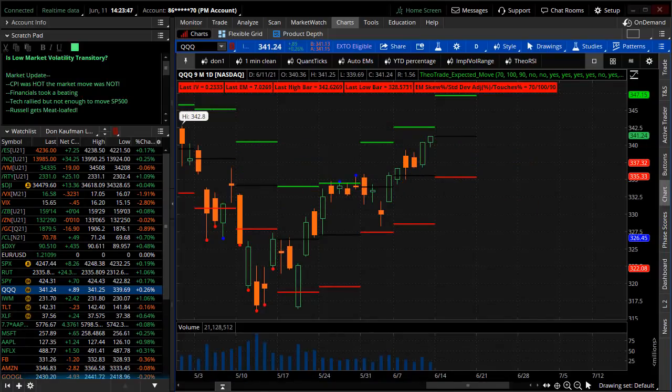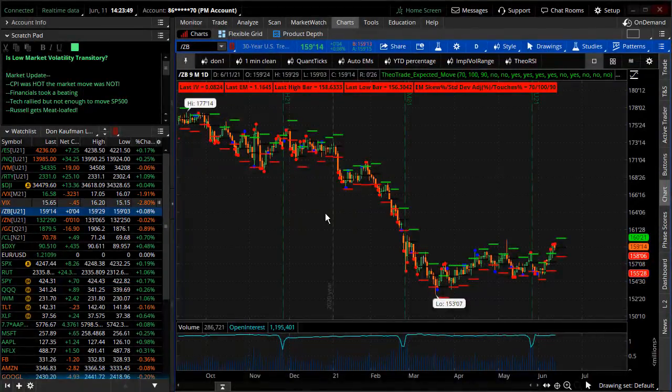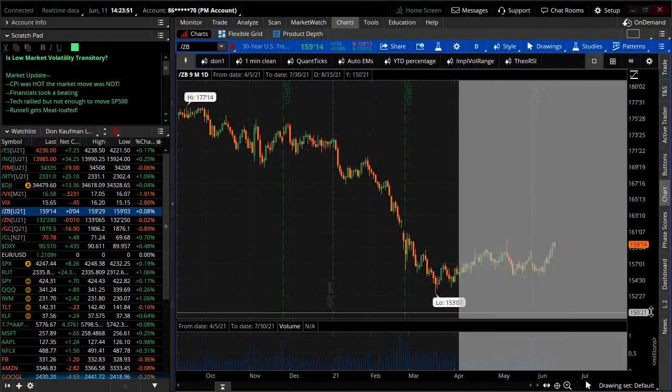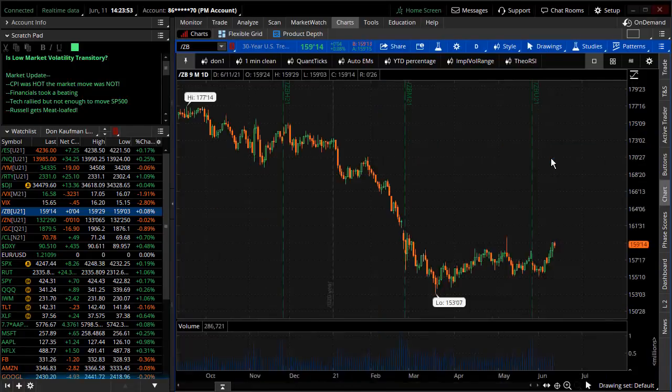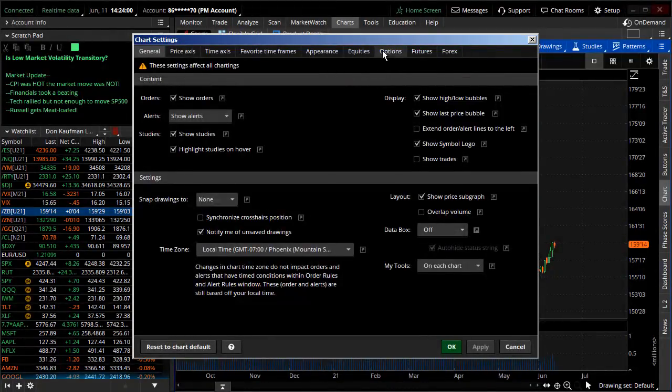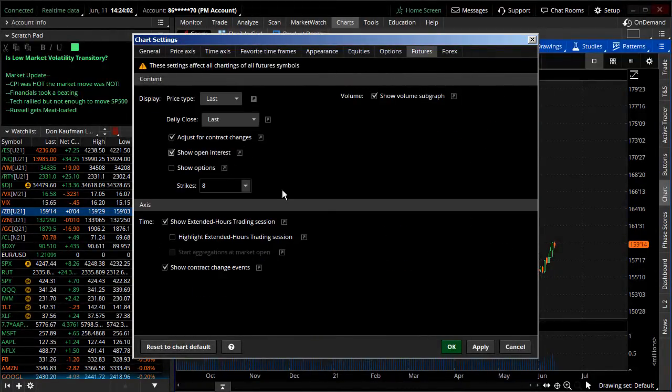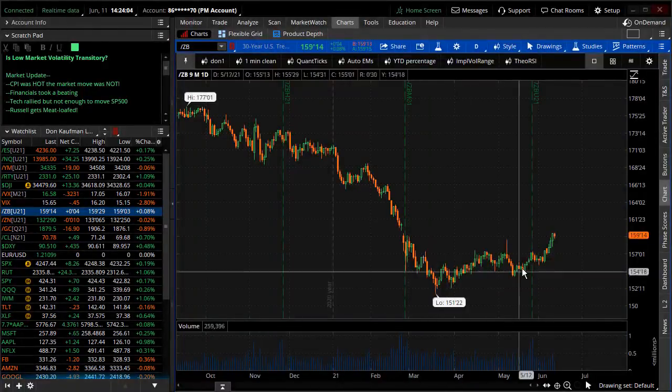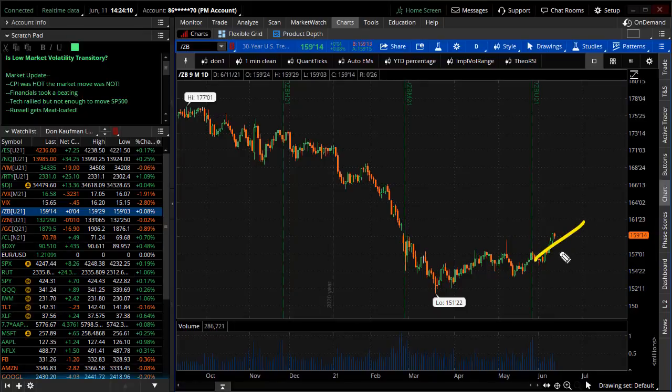It was bifurcated specifically by the movement inside of the bonds. This is the first time in a long time that we've seen movement in the bonds, and if you're not looking at the movement in the bonds, you're missing the bigger picture here. The bonds absolutely, unequivocally broke to the upside. In fact, when you look at the bond market, go to adjust for contract changes, hit apply, hit OK, and you'll see the bonds broke out to the upside. And the moment that the bonds broke to the upside, it ultimately crushed the financials. Again, more on that in just a moment. Just giving you a quick update over here.